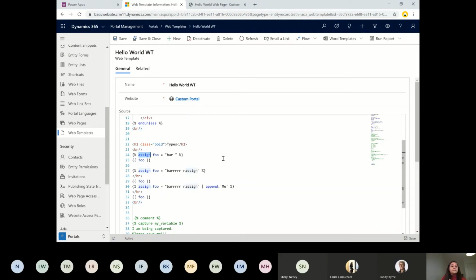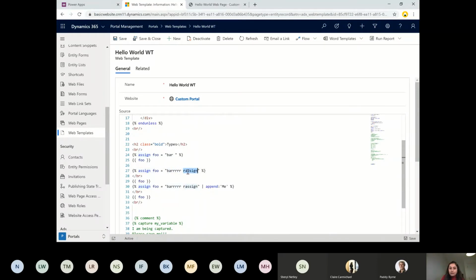So assign, as I've said, foo is a variable. We are assigning it in double quotes, which means we are assigning a kind of string to it, right? And then we are printing it. Now, if I want to reassign some value to it, I need to again write assign. It's not like other languages where you write just foo and assign something else. That's not going to work. So we need to write assign to declare and define a variable, to reassign a value or update a value again.